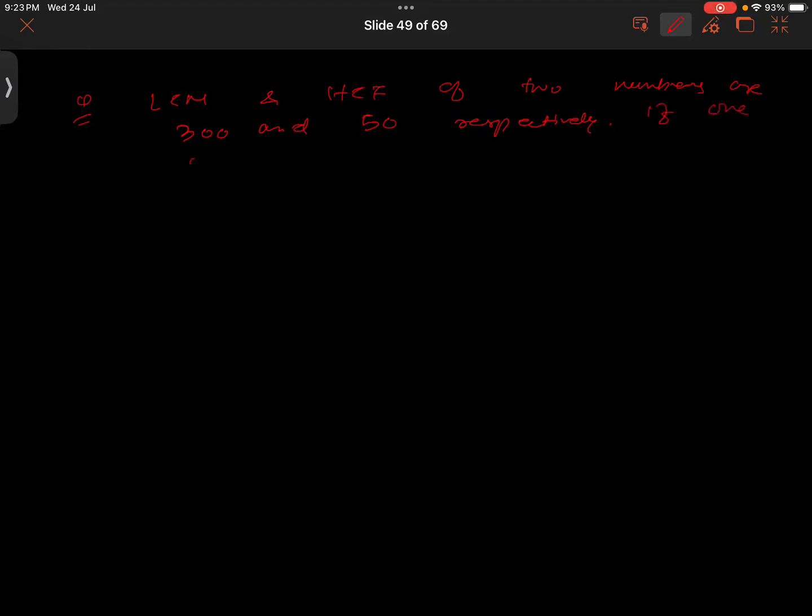If one of the numbers is 150, find the other number. You have to do this. The first one I solved, we did it together. The second one you solve quickly. You know the formula? The formula would be